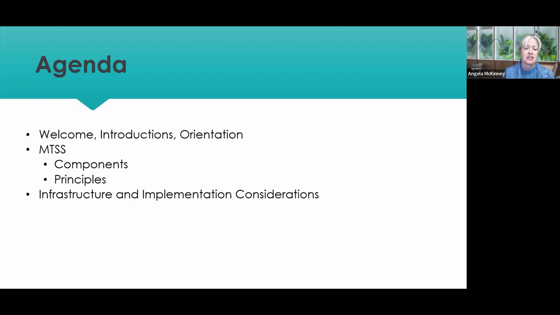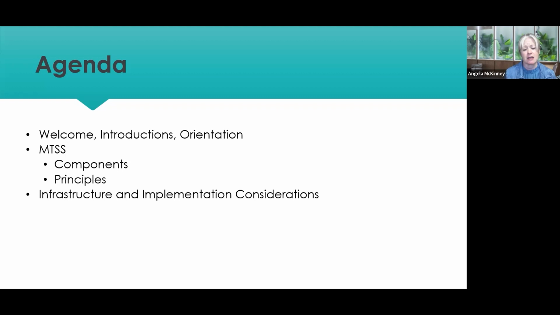We don't like things in education that come along and we get really excited and then they disappear. And really, that's not what MTSS has turned out to be. We've been talking about it now for years. And before we started talking about it in Indiana, there were a number of other states that had been doing the same kind of practices for more years than we have. So it is here to stay.